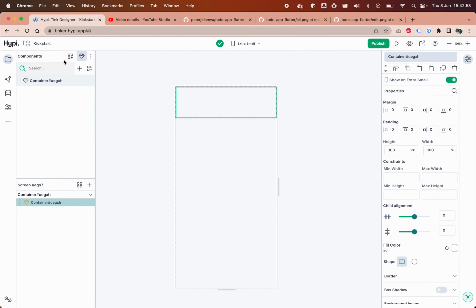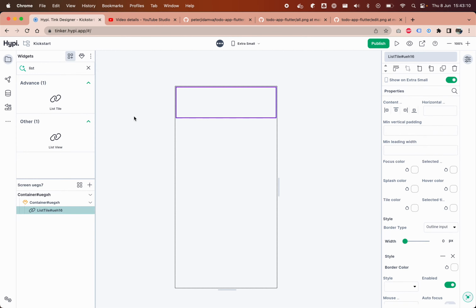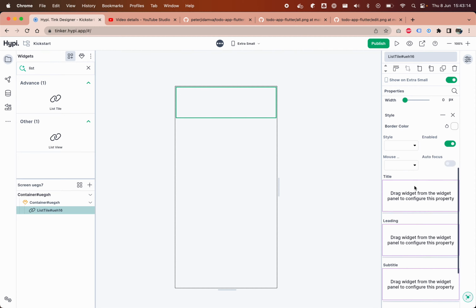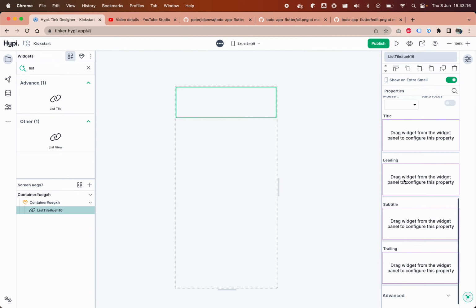And as I mentioned before, just looking at the design for the To-Do app on GitHub, the first thing I thought of was the list tile. The list tile is effectively a widget that has multiple areas that you can place other widgets into. So in this case, it has 4 areas where we can place content. You have a title area, lead-in, subtitle, and trailing. So